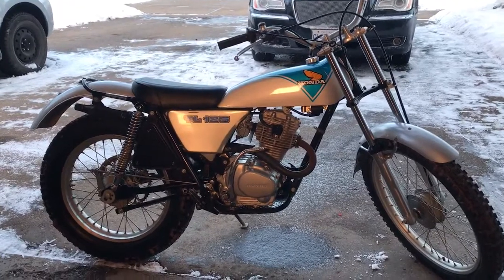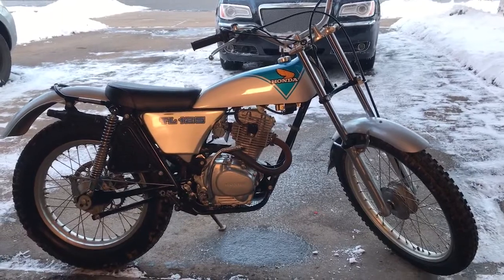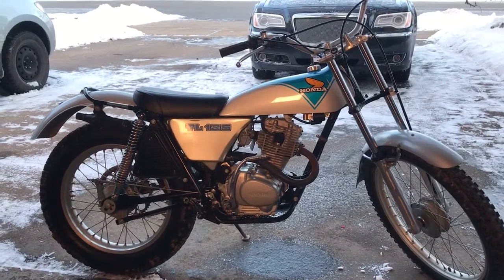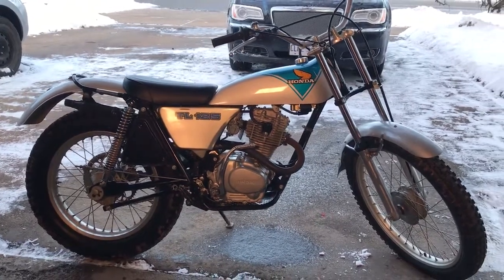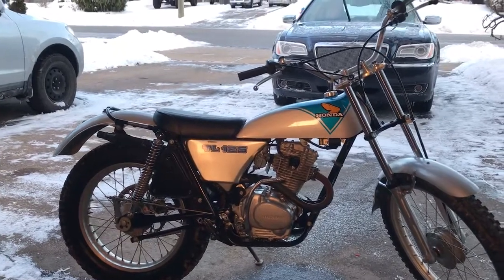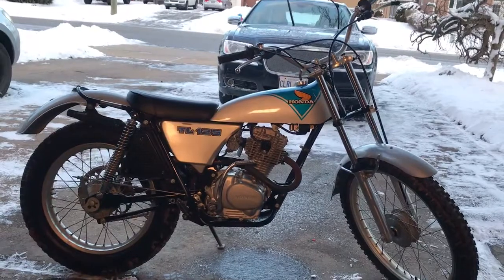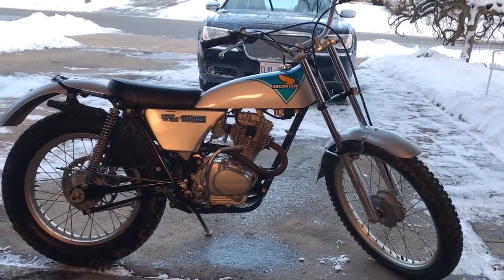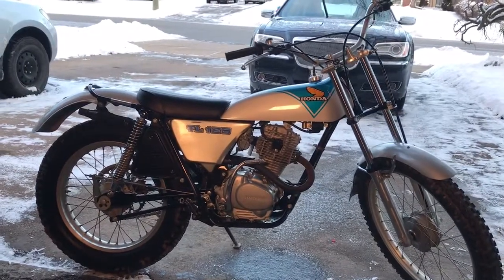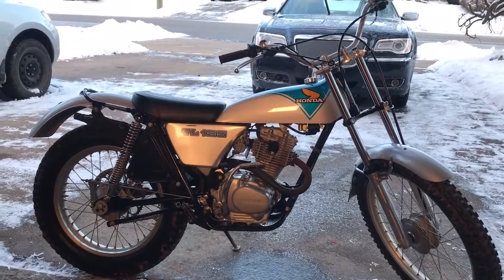By the late 60s, the Spanish marques, Ossa, Bultaco, Montesa, ruled the trials roost, and Japan saw an opportunity for a new form of off-road competition, a whole new market for them. So they began to support certain world-class riders, most notably Rob Shepherd in the UK and Marland Whaley in the US. But they didn't sell a bike to the general public until 1974, when this bike was introduced, the Honda